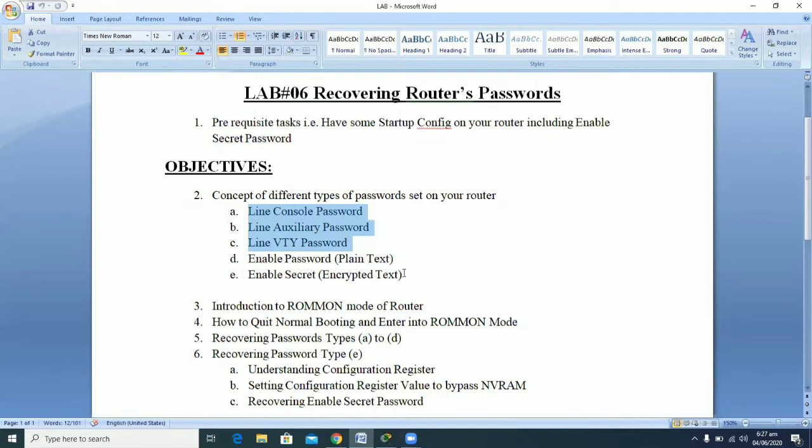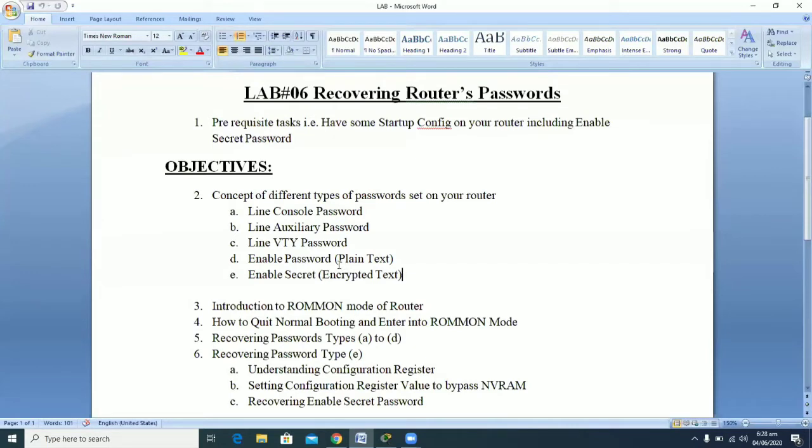Basically, when you log into a router, you are at the user mode of that router. As you have seen in the previous labs, the router prompt with a greater than sign represents that you are in the user mode of your router. In the user mode you aren't able to perform some administrative work, and therefore you have to move into the enable or the privilege mode. Whenever an administrator moves from user mode to the enable mode, there must be a password set up, and that is known as the enable mode password.